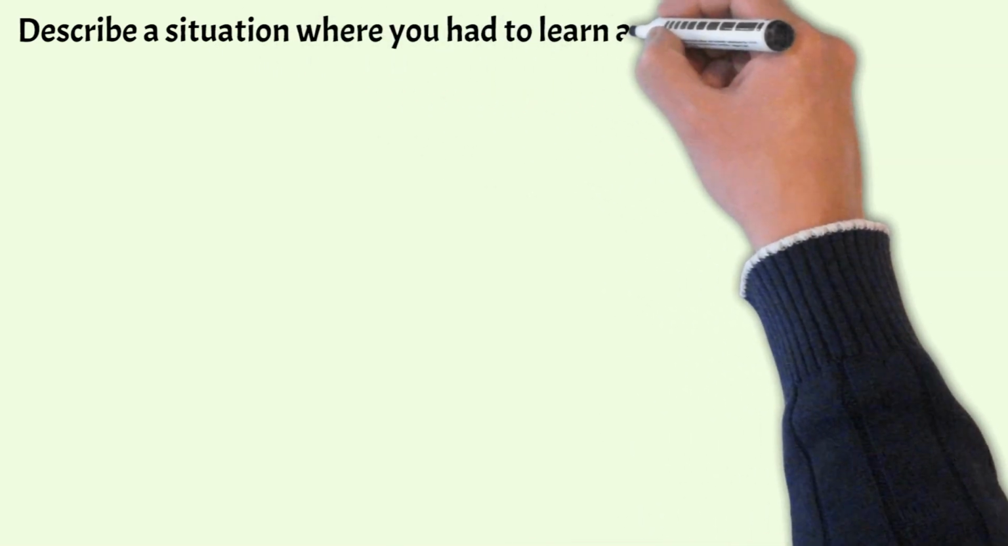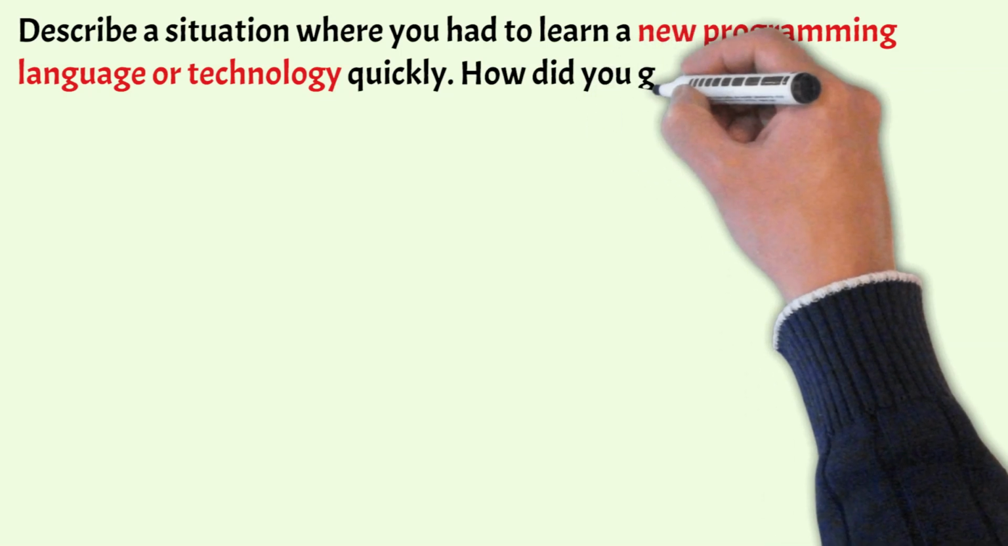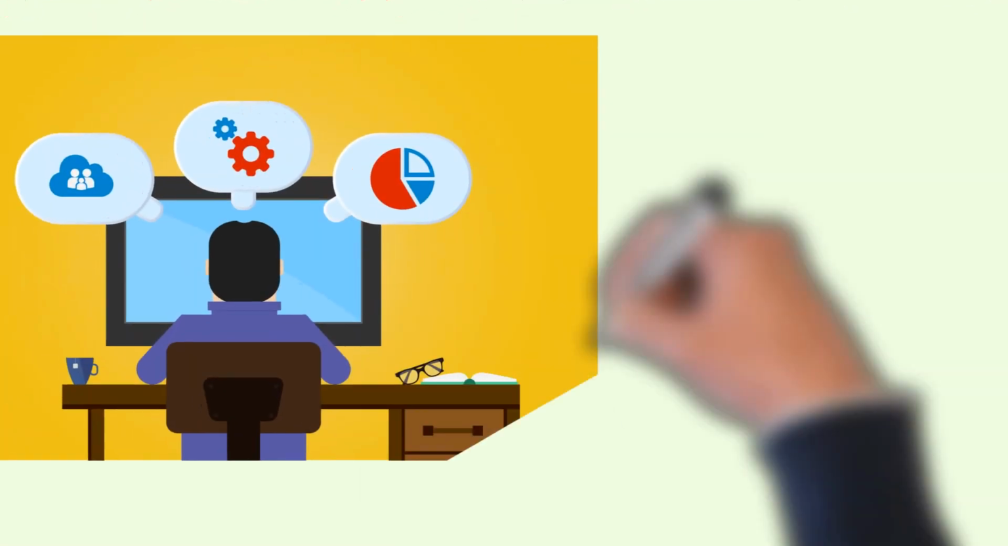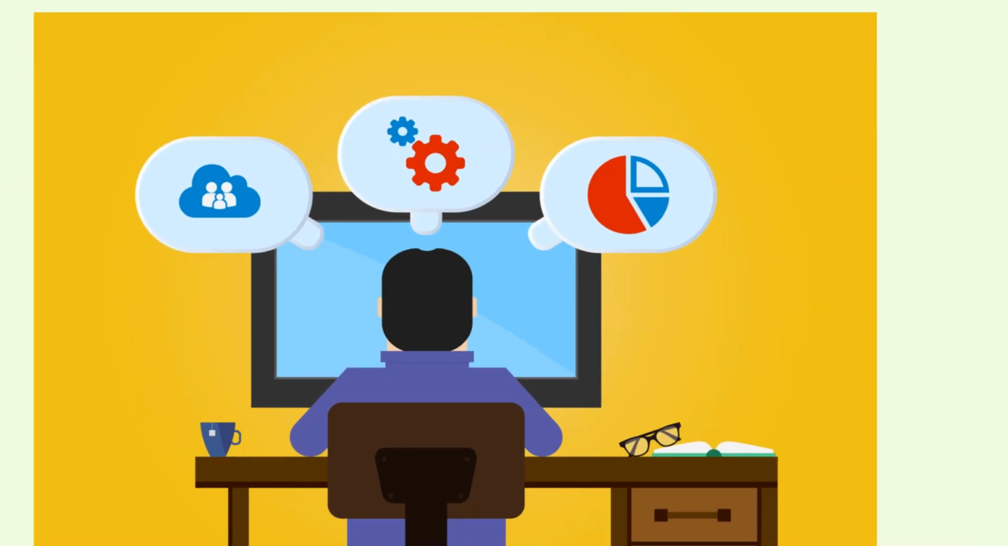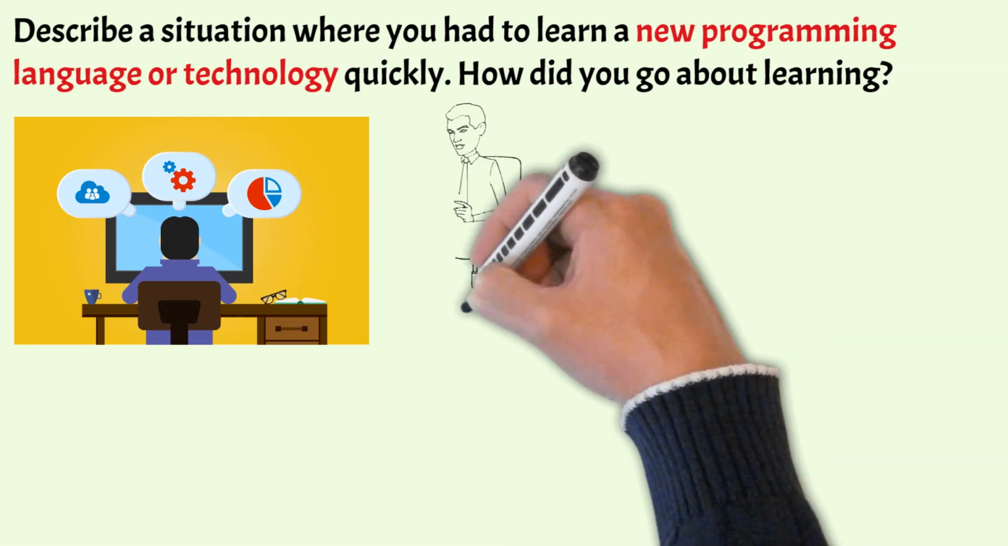Okay, now moving on to question number 4. Describe a situation where you had to learn a new programming language or technology quickly. How did you go about learning it? Now, since you're a fresher, you yourself know that you'll have to relate all these questions to some of your internship experience only. So, to answer this question, you can say something like, during a previous internship, I had to